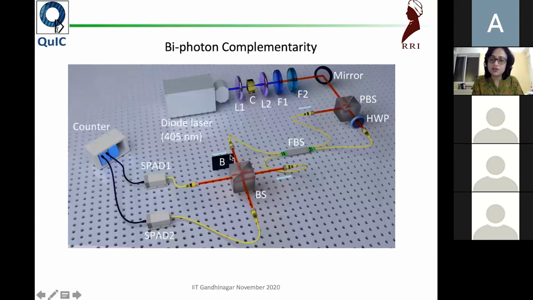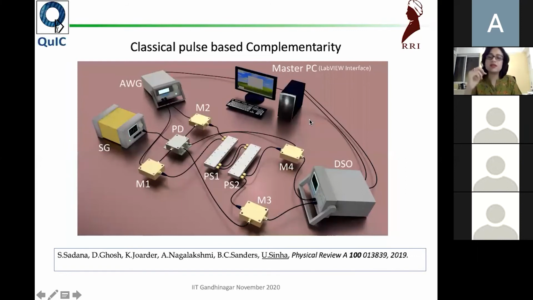And here, this is where you measure the Hong-Ou-Mandel, but if you complete the interferometer, then you have the other beam splitter, and you can actually measure the interference. So what this essentially means is that you have the particle-like behavior from the Hong-Ou-Mandel, and then you complete the interferometer and you also measure the interference pattern. And that is something you can do only with the quantum scenario, where of course it is a true Hong-Ou-Mandel